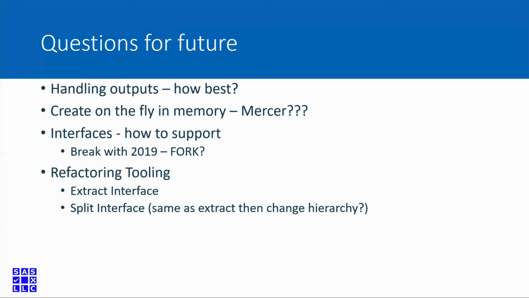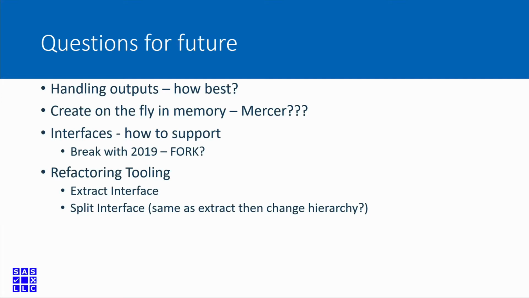And then the other thing would be interfaces and how to add those in and how to support those. My best bet, so the current version of this is written in 2019. I don't think it's using anything that couldn't be backsaved. So in theory, if I leave a fork in 2019, then anybody who wants to use it on any previous versions can backsave it. So that's my thought process on that.